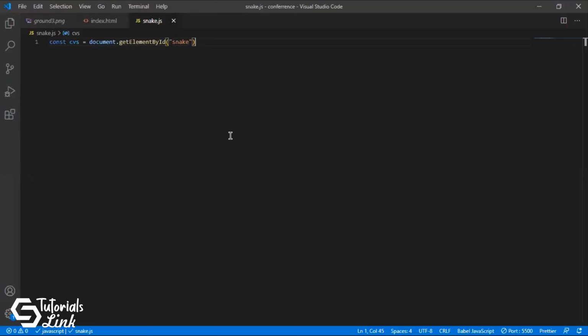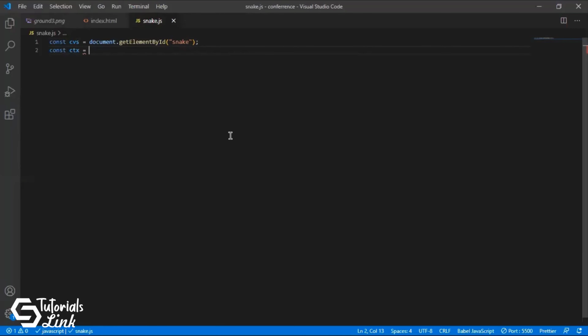So now we have the element from our canvas, from our document. Now we will get our 2D context, which means I will change this canvas into a 2D paper. For that, I'll again use a constant. Let's say ctx equals to, and what do I have to change?